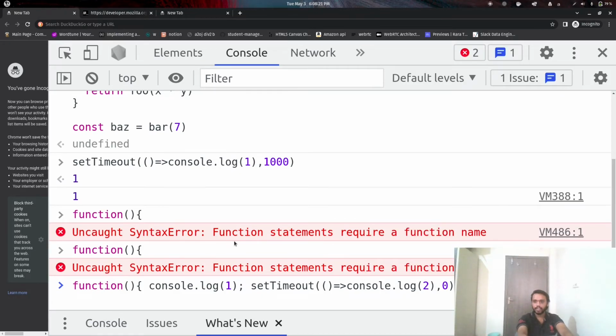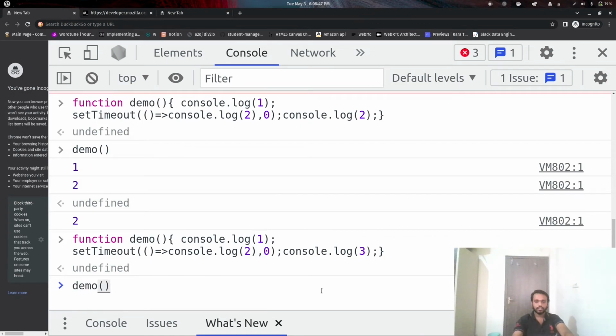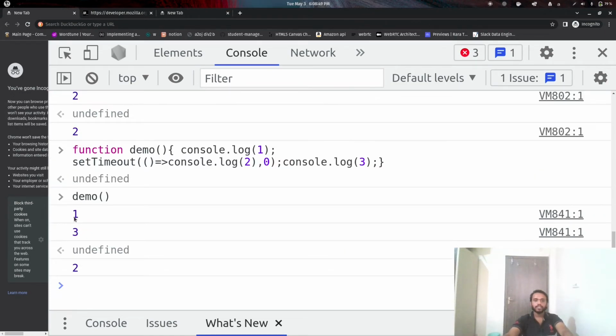Let's check. I define the function again with 3 and call it. Here you can see that it first prints 1 and then 3, then 2. So it prints 1 3 2, but why?